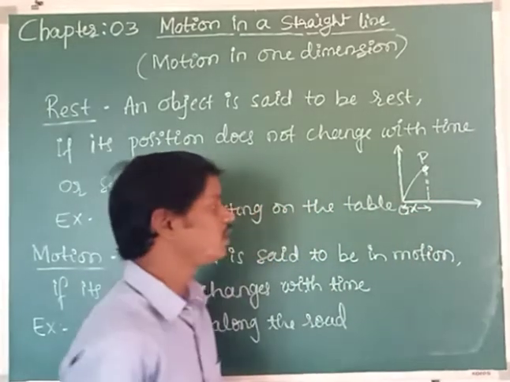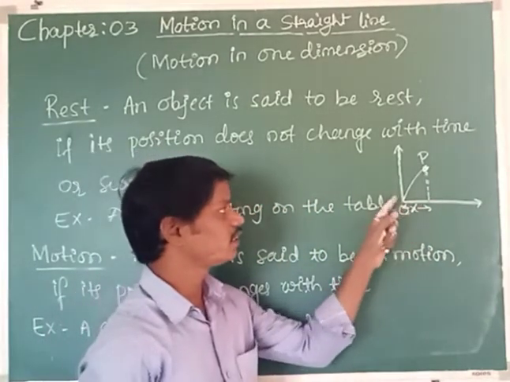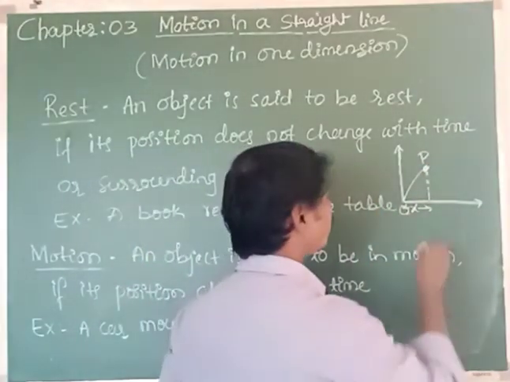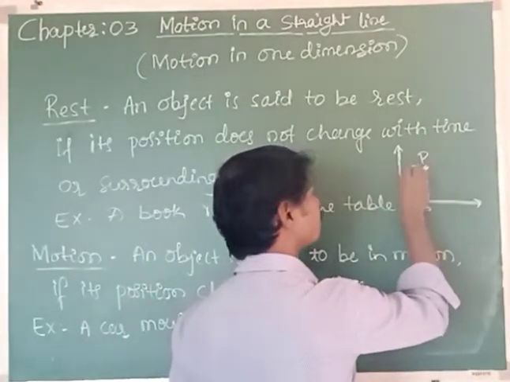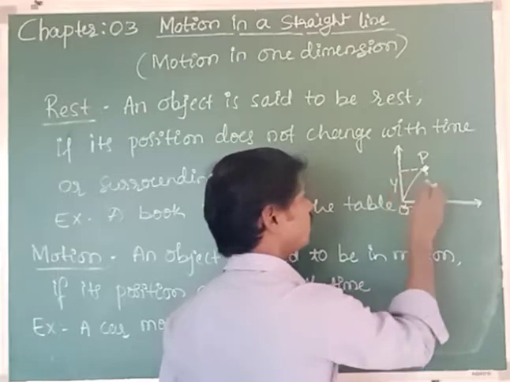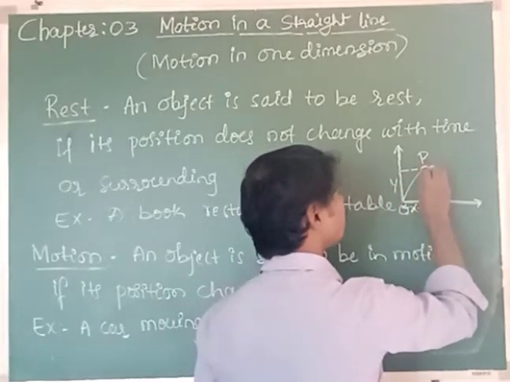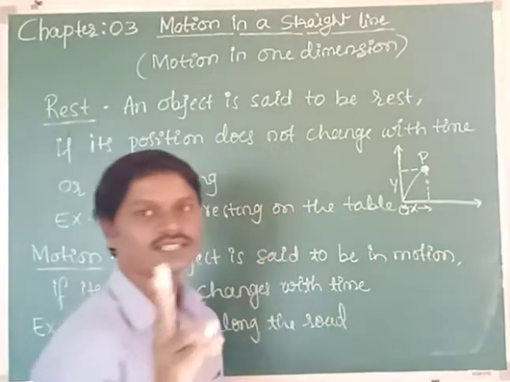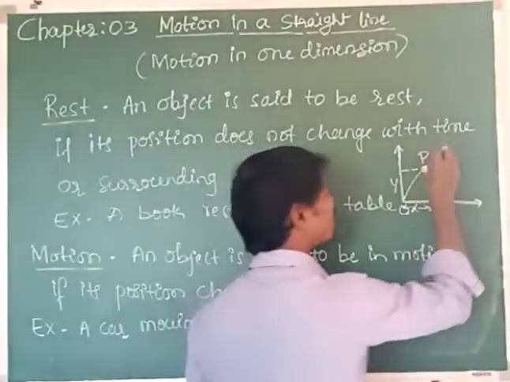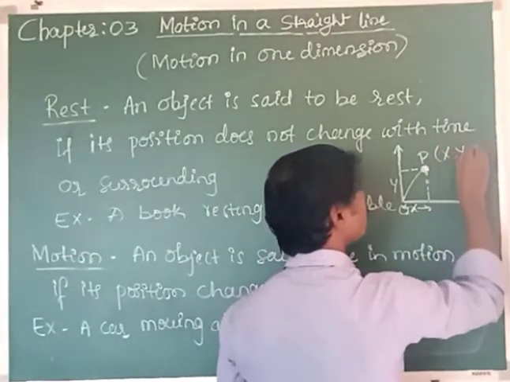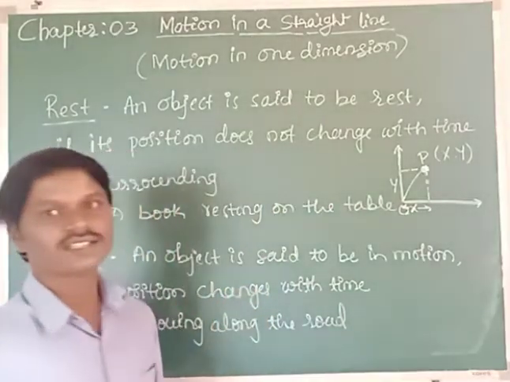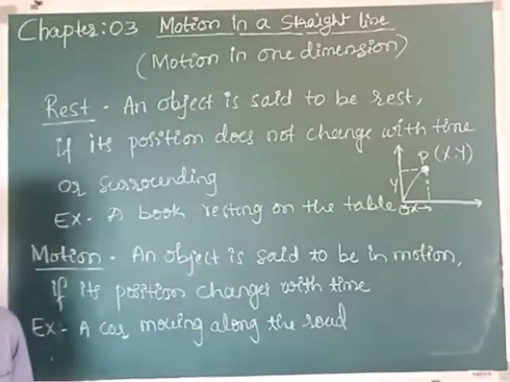That is, how far the ball has gone along the x-axis from the reference point, and similarly how far it has gone along the y-axis, and it is the y coordinate. Means the position of the ball is specified by how many coordinates here? 2 coordinates. What are those coordinates? X and y. Okay. But what do we call this? We call it motion in 2 dimensions, and also it is called motion